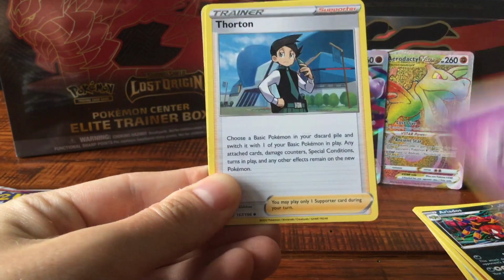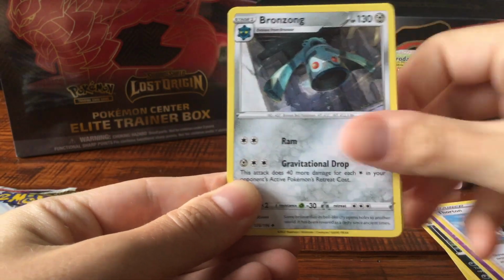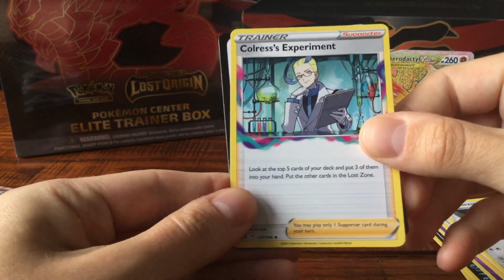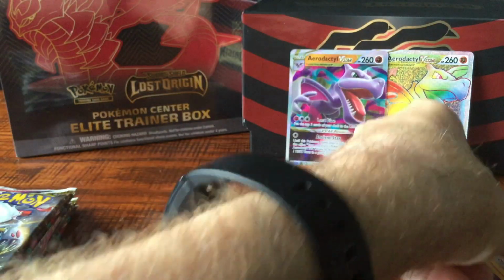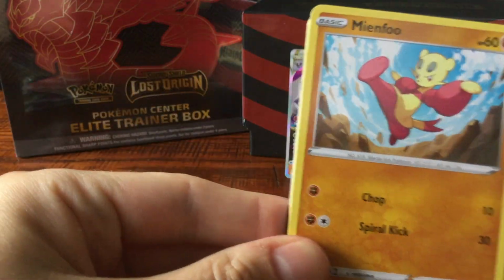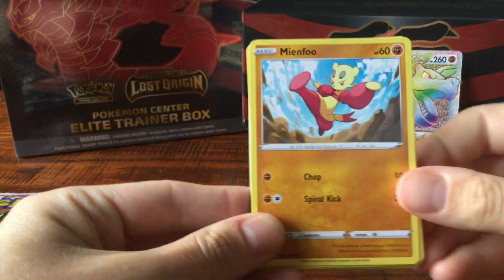You know, speaking of which, Psychic Energy. Thorton's could be an important card moving forward. Same for Colress's Experiment. That's another supporter that's going to be going into this Mirage Gate-based engine. Okay, this is what, pack number 4? Yeah, not too bad so far. You know, 4 packs and 2 V-Stars. Kind of blasting past pull rates as far as I know, so...